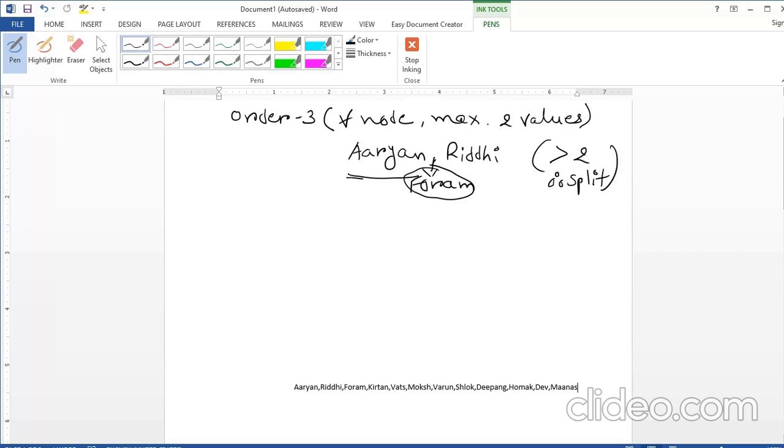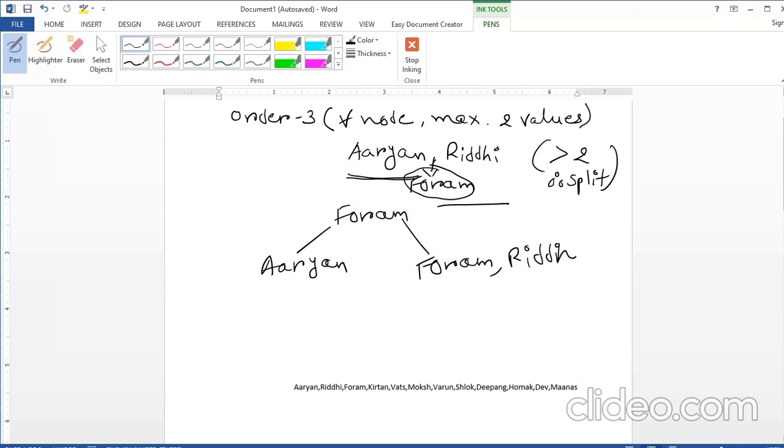So Aryan will go into the left, Forum and Riddhi on the right side, with Forum one level up. So this would be the tree after splitting the node. Forum will be repeated in the leaf node. Okay, so these three values we are done with.